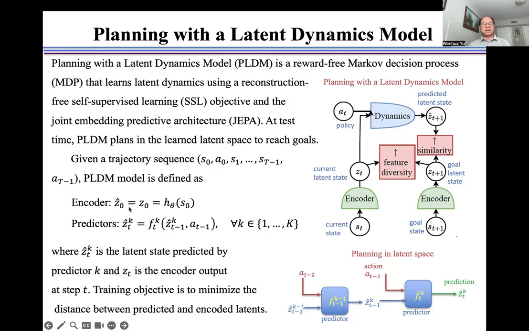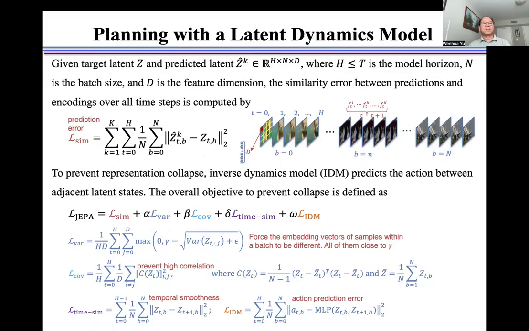PLDM model is defined as here and explained in this figure, where z caret t is a latent state predicted by the predictor, and zt is the encoder output at step t. The training objective is to minimize the distance between predicted and encoded latents. Given target latent z and predicted latent z caret t, where h is the model horizon, n is the batch